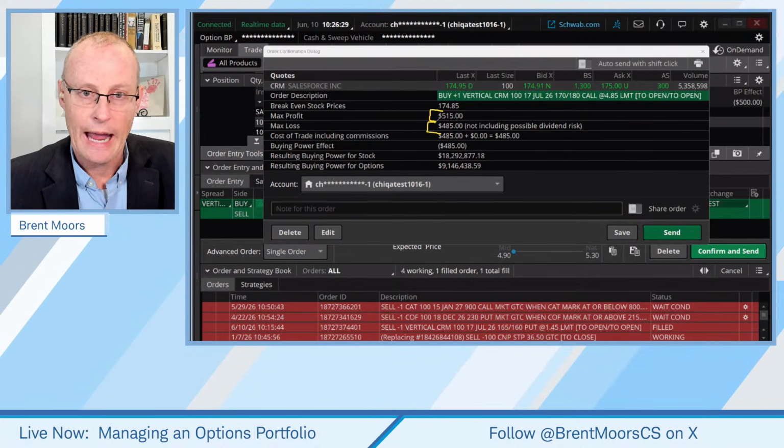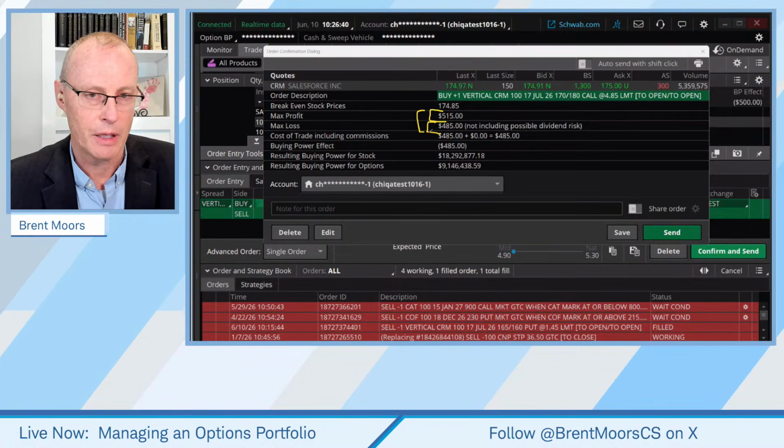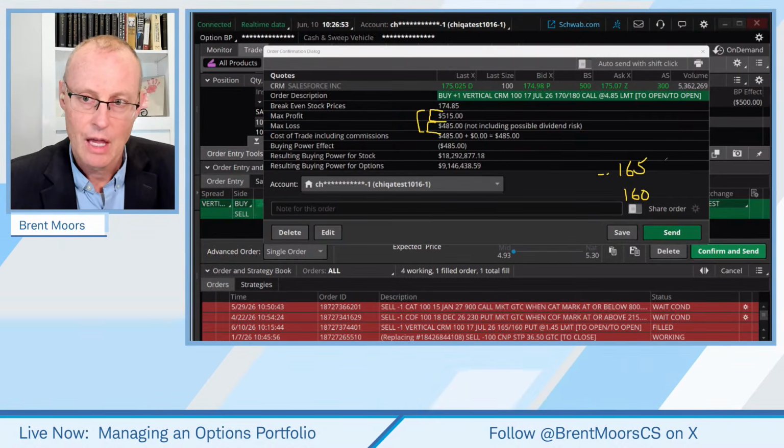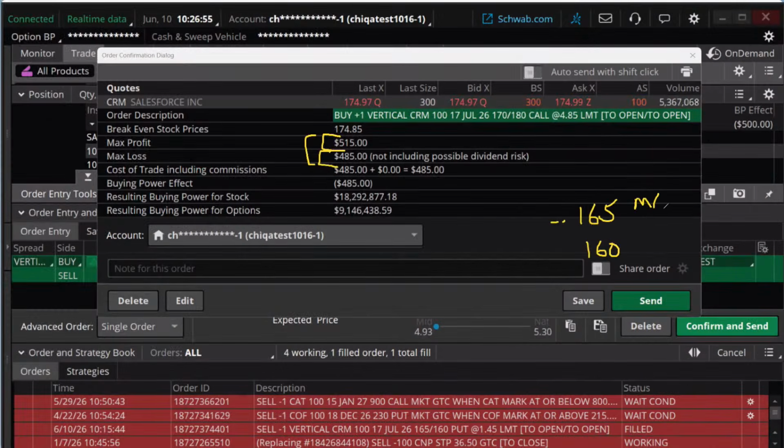When we were looking at the short put vertical, this was very different. Now, what about our probabilities? In this case, remember when we were talking about the 165, 160 short put vertical, we said we just want the stock to stay above 165. Above 165 at expiration represented our max gain point. Below 160 at expiration represented our theoretical max loss point.